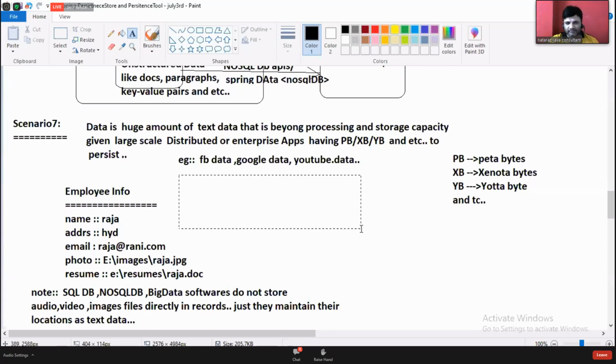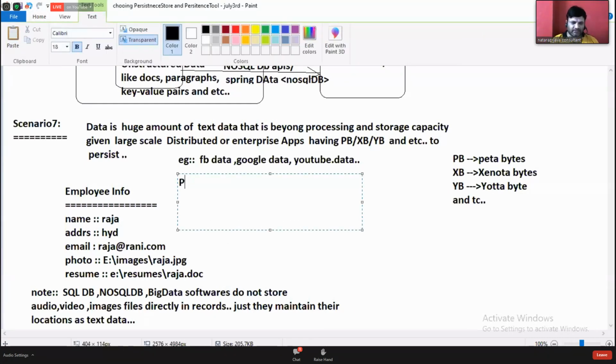Right. Okay. Persistence store, big data framework.